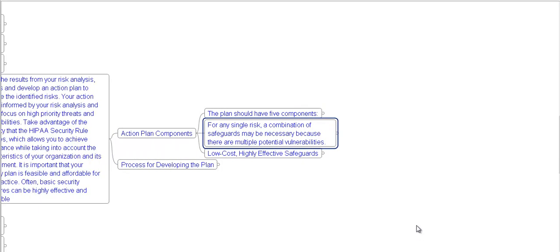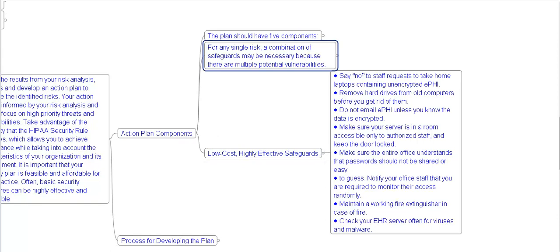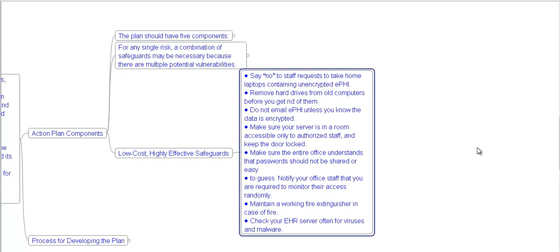Low cost, highly effective safeguards. Say no to staff requests to take home a laptop containing unencrypted ePHI. Remove the hard drive from old computers before you get rid of them. Don't email ePHI unless you know the data is encrypted. Make sure your server is in a room accessible only to authorized staff and keep the door locked. Make sure the entire office understands that passwords should not be shared or